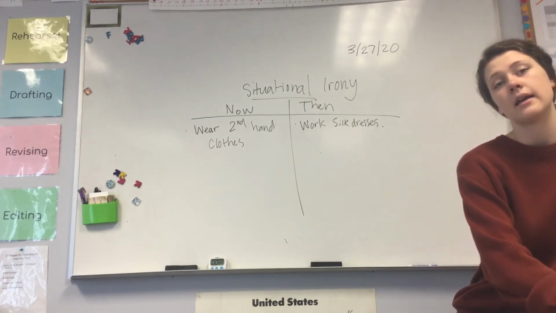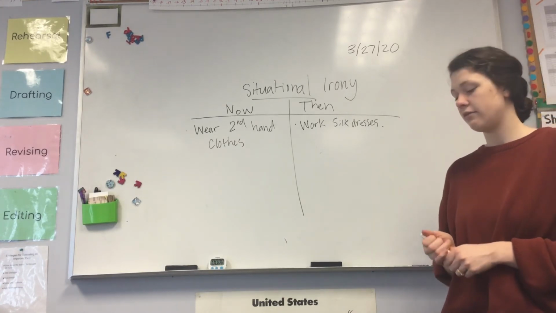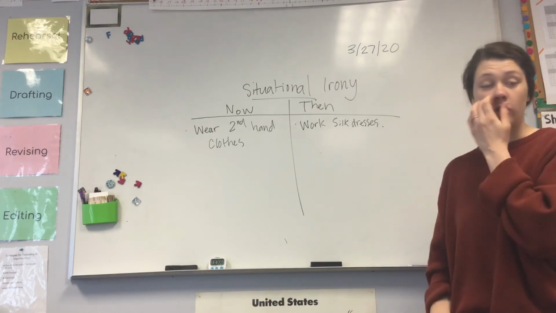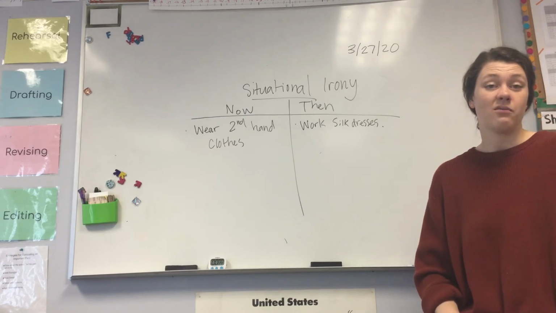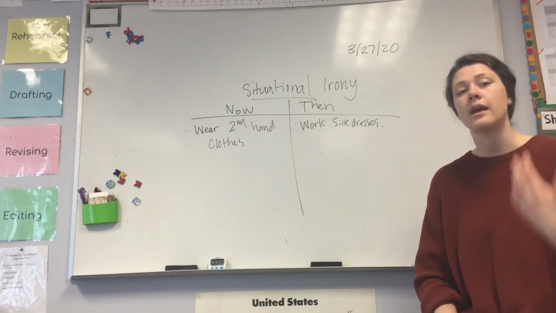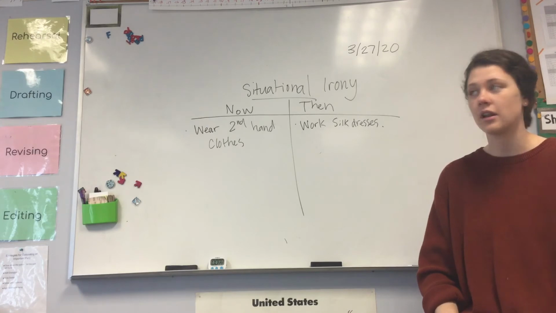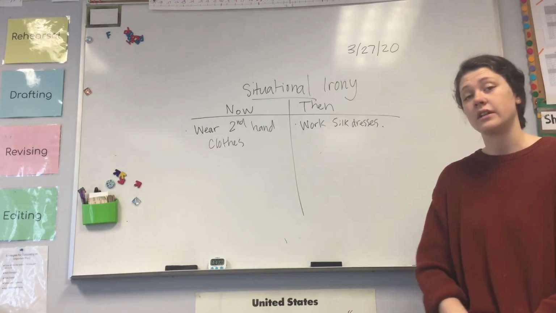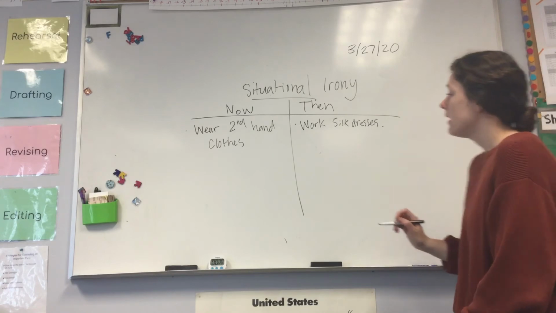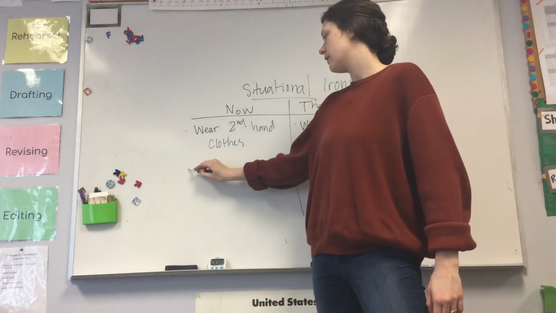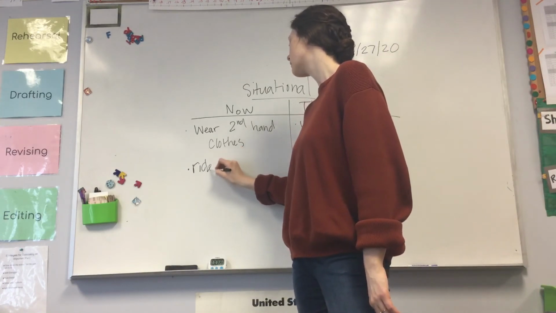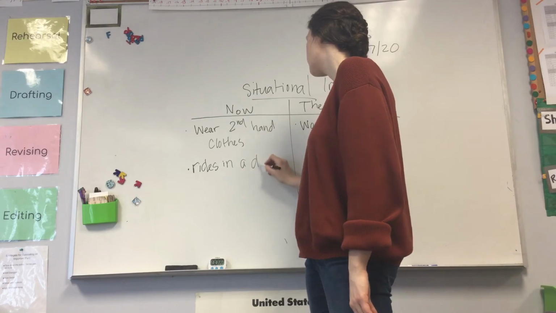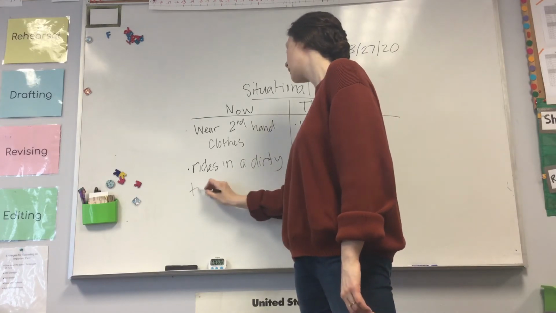Okay, welcome back. I wish I could hear your suggestions of things that were different now than before Papa died, but something that I thought of was that Esperanza is now riding in the train car that is crowded with peasants. And before, she rode in that really fancy train car with the white tablecloths, and it's very different than what she expected to ride on the train. So when the book talked about her new experience on the train, I thought it was ironic because it was different. So now she rides in a dirty train